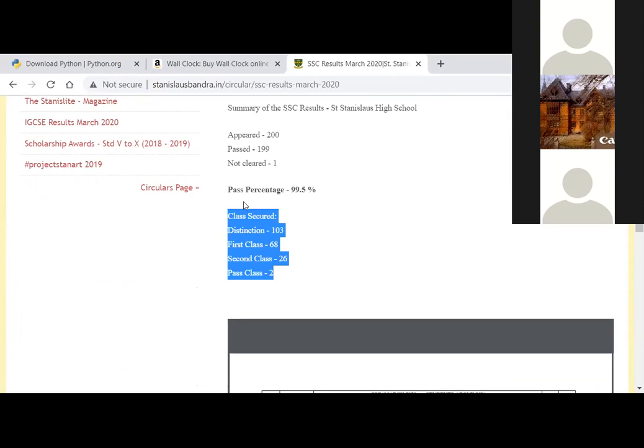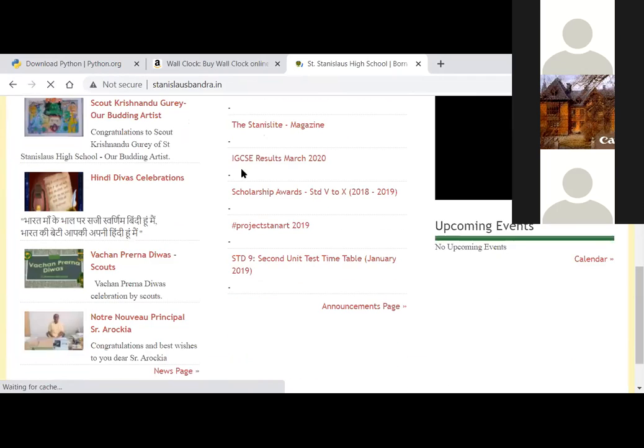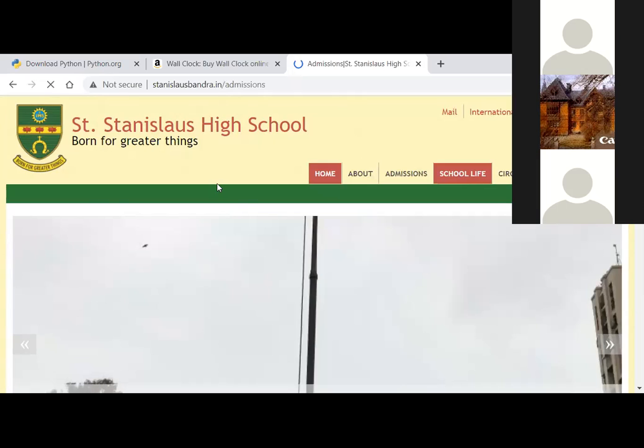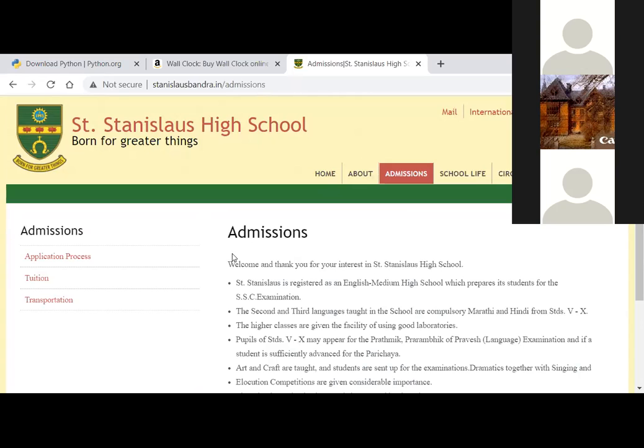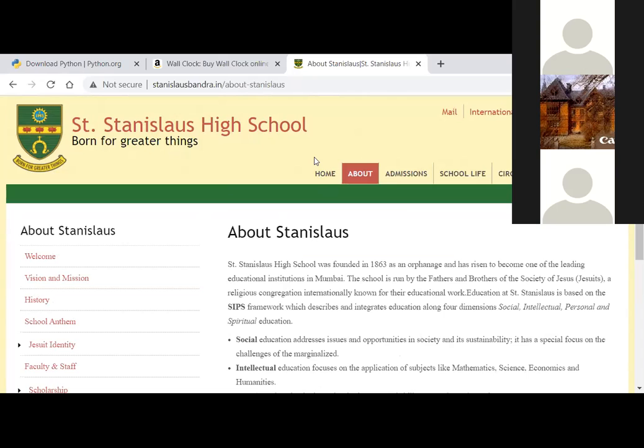You have a school, like you can add all the courses you all offer, then what is the latest news happening in your school. Like Stanislaus has done everything, like the latest news, announcements, admissions, school life. You all will be able to add information which a person can read, copy, share, and there will be pictures, videos as well. You will be able to add using the HTML framework. And if you want to make a chat system and all, then the advanced frameworks have to be learned.